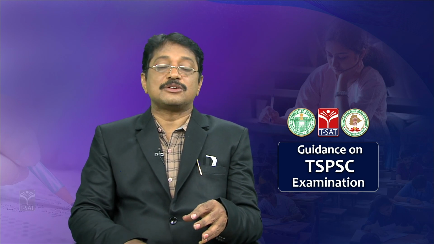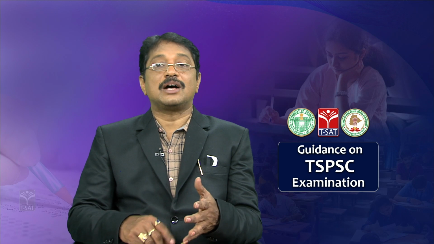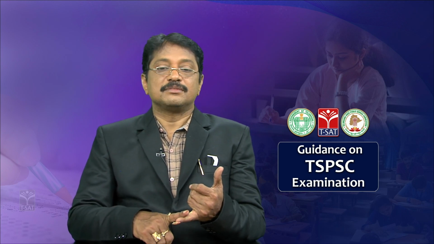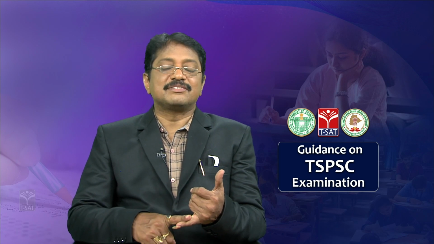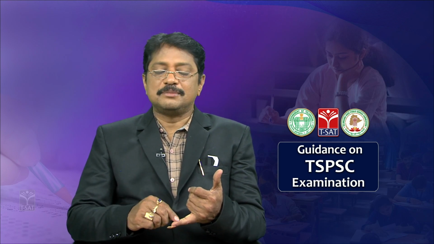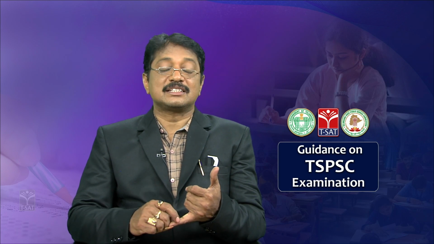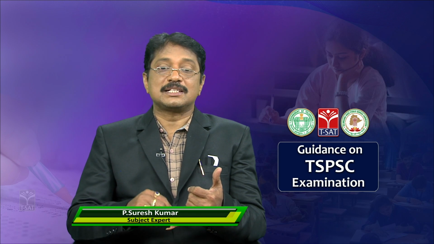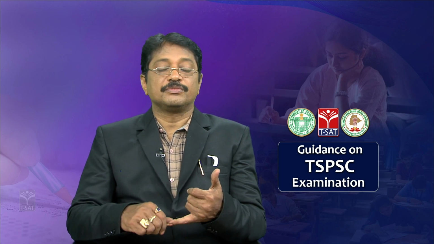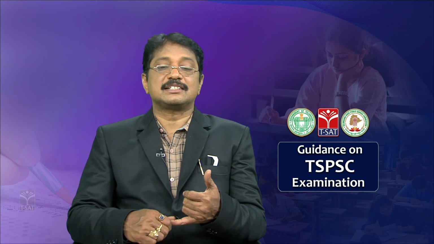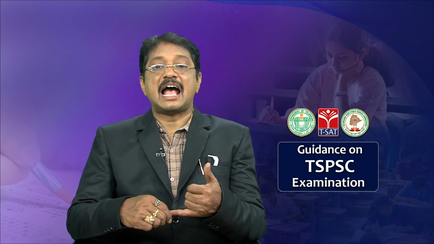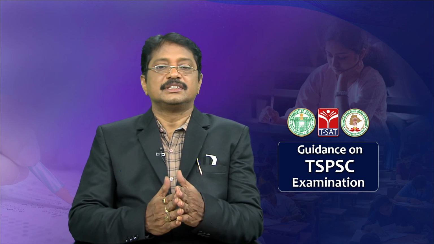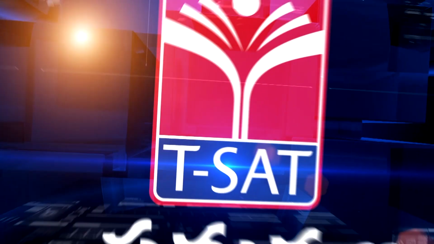In this context you have to learn the range, which is the maximum value minus the minimum value; the size of the class, which is the difference between the upper limit and the lower limit; and the mid value, which is the lower limit plus the upper limit, divided by 2. These are the things here, along with mean, median and mode for continuous classes. We will discuss the remaining part in the next sessions.